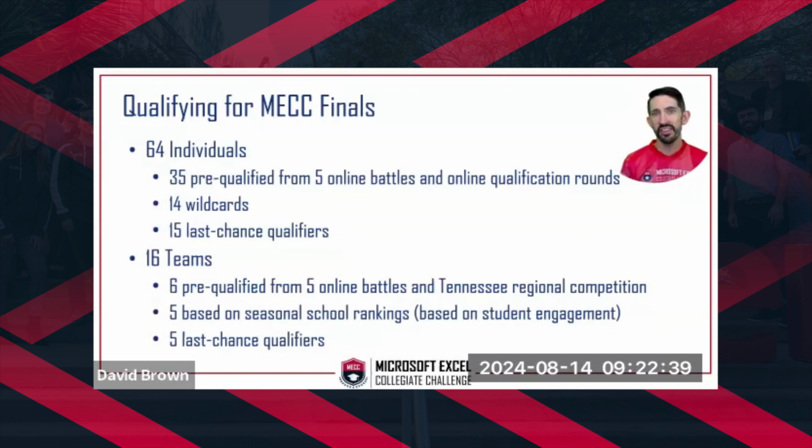All right, so how do you get there? The first thing I want to emphasize is anybody that comes to the finals can be part of the official semifinal event. There's a last chance qualification round on Monday that I'll detail in a second. But essentially what we're going to do is host 64 individuals and 16 teams. Of those 64 individuals, we've already had 25 pre-qualify from tournaments earlier in the year. We'll have a few more from the September battle we have coming up, and also the online rounds we have in September, October.